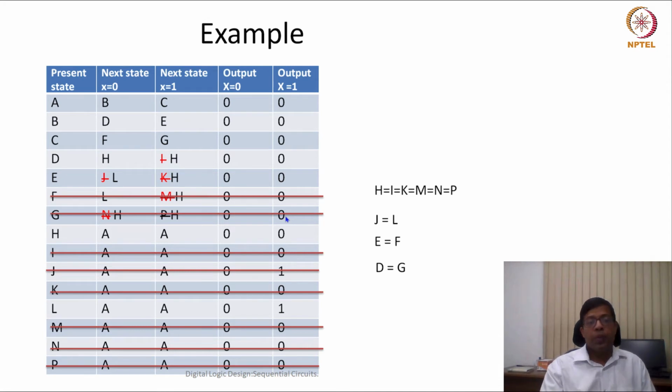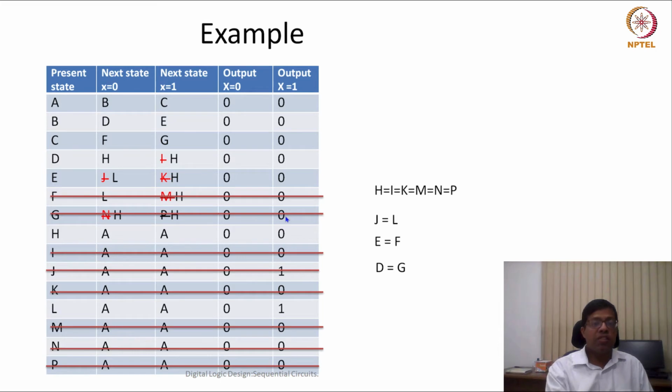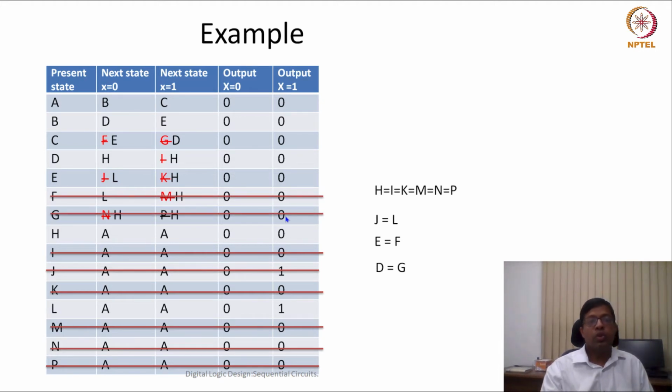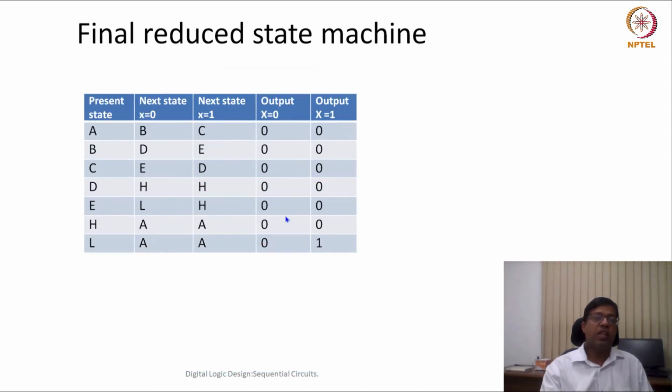So wherever G was there, wherever F was there, now we have to replace them with E. So we have replaced them with E also, and now with this we can find what is the final table. The final table looks something like this, which has only A, B, C,